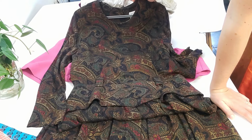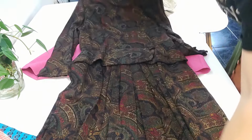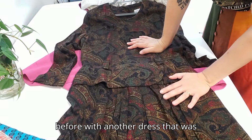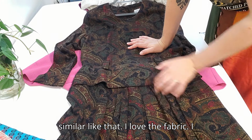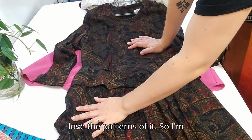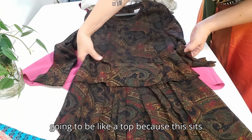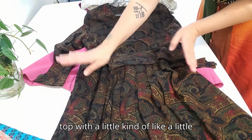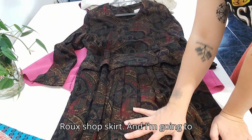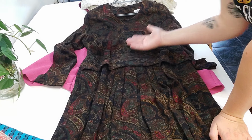So yeah, I'm not gonna wear this on a daily basis, but what I would wear is a top with jeans. So I'm going to split this, and I've done this before with another dress that was similar. I love the fabric, I love the patterns of it. So I'm going to cut it, and it's going to be like a top, because this sits on the waist, so it's gonna be a top with a little ruched skirt. And I'm gonna turn the bottom part into a skirt, so it can be worn together as a set or